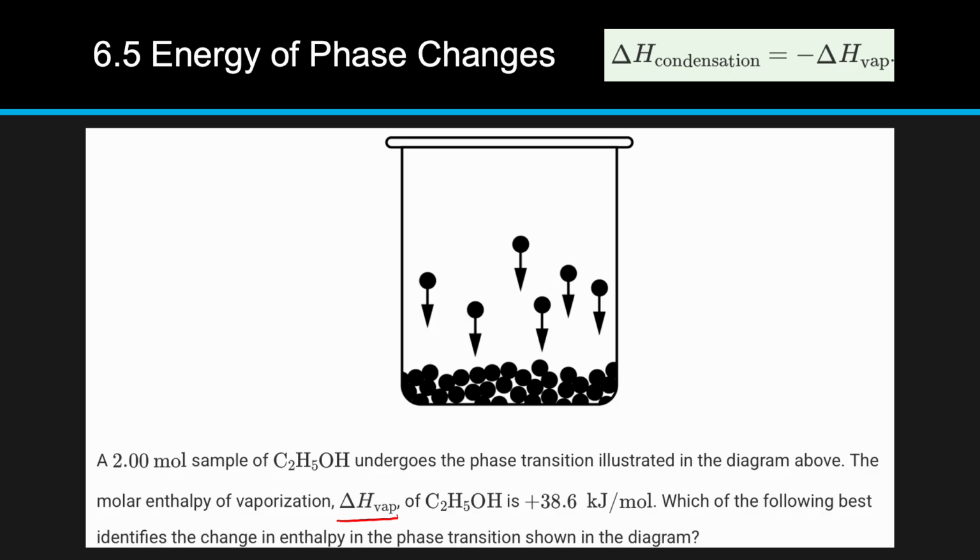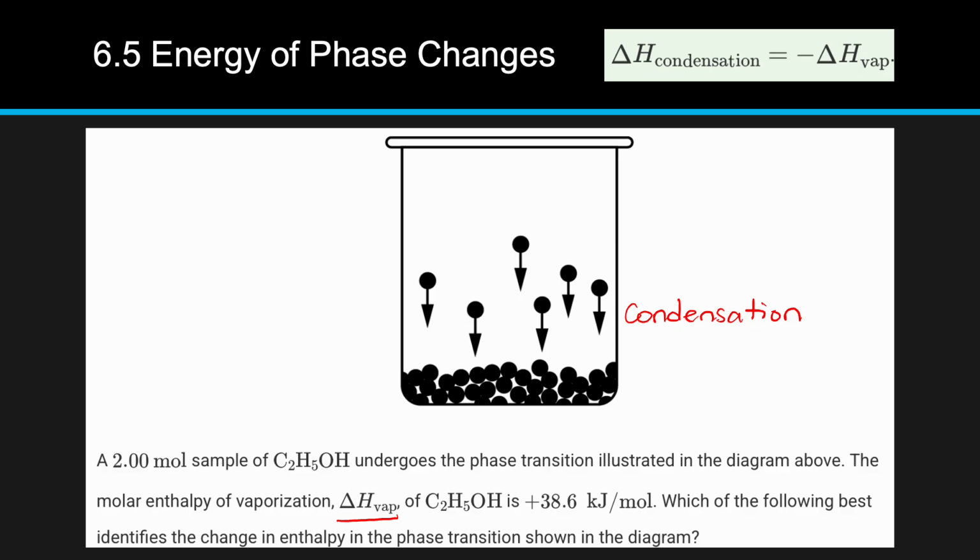Now here in this specific diagram, the arrows are pointing down into the liquid, meaning the particles are entering the liquid phase from the gas phase. And that means we are looking at condensation. Now, condensation and vaporization are complementary phase changes. And remember, the energy absorbed during a phase change is equal to the energy released during a complementary phase change in the opposite direction. So if we are trying to figure out what is our change in enthalpy for condensation,